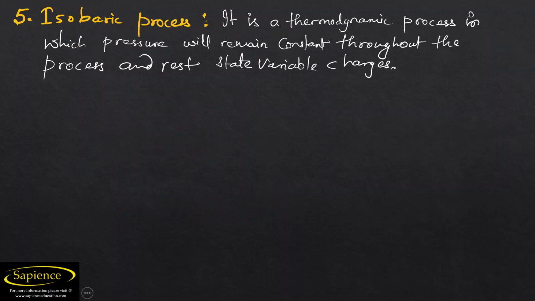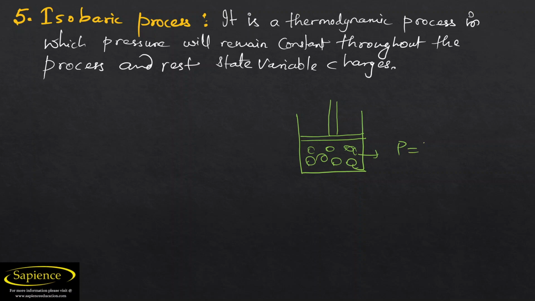Now let us consider the isobaric process. So what is the isobaric process? It is a thermodynamic process in which the pressure will remain constant throughout the process and the rest of the state variables change. Let us make a diagram. There is a gas inside it,